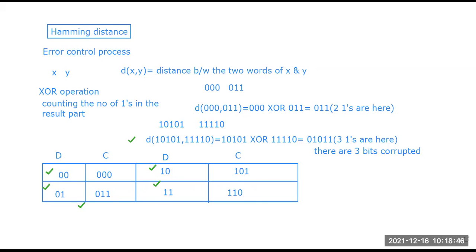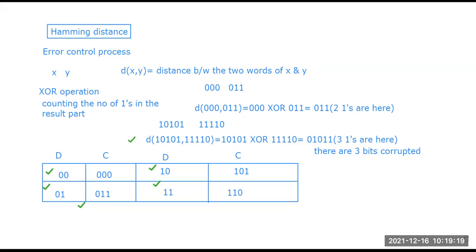The receiver receives 0 1 1, and it is a valid code word for the respective 0 1 data word. The receiver extracts the data word 0 1 from it because it is valid. If there is no error, then 0 1 is transmitted as 0 1 1, and the decoder on the receiver side decodes 0 1 1 again, getting the data word 0 1, which is correct.